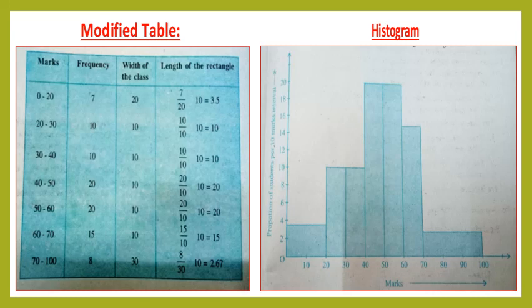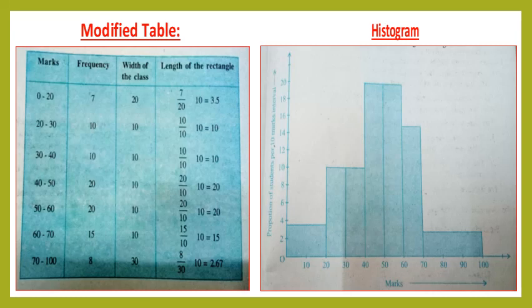Then 60 minus 50 is 10. Then 70 minus 60 is 10. Then the last class is 100 minus 70, which is 30. So in the third column, we have the width of the classes. Here we find that the minimum class width is 10. Then in the fourth column, we are going to find the length of the rectangles as per the rule we have seen before. Here the frequency is 7